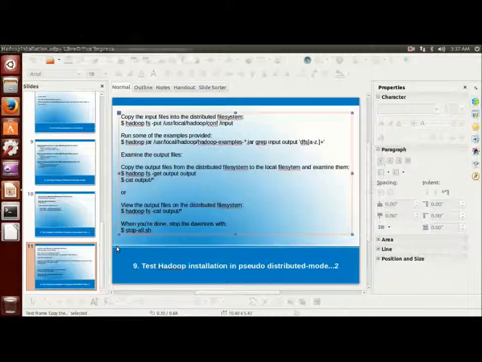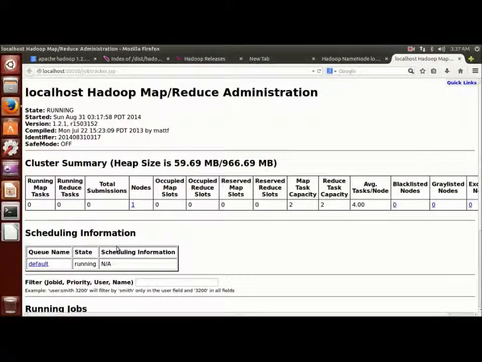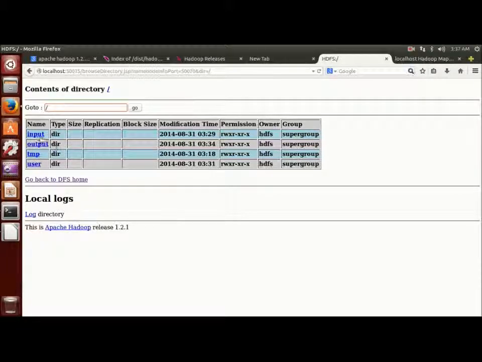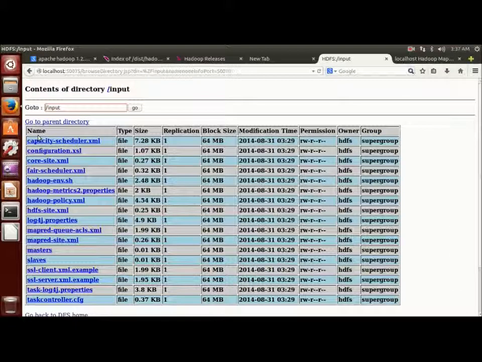Now we can check this file system in the web UI also. We have copied the content into the input directory on HDFS. So we can browse the file system in the name node, and browse to the input. These are the available files copied from the conf directory to the HDFS.